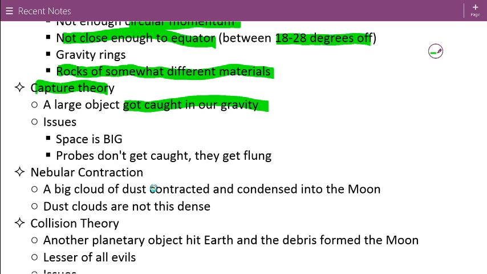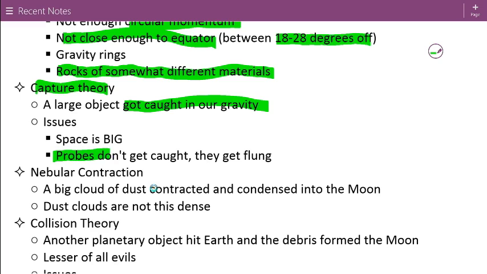One of my daughter's favorite video games, the line is, space is so large that if you lost your keys in it, you'd probably never find them. Now clearly, that's a simplification, but it's just enormous, and the chances that something would come within just the right distance to get caught in the gravity and not just fly right by, but also not hit the Earth, are really very small.